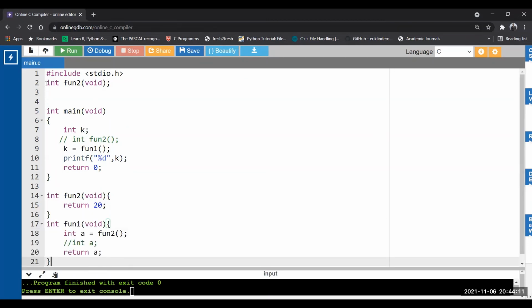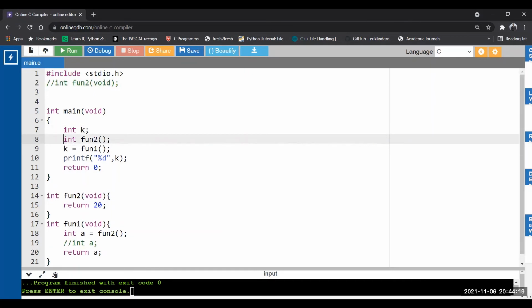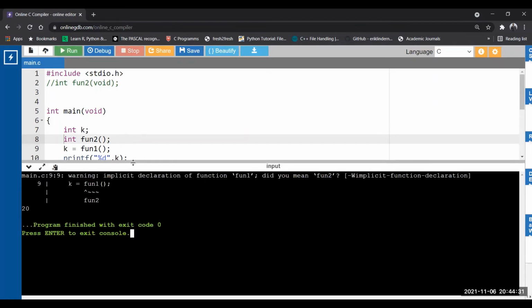Okay, and put this comment and make it uncomment. Now fun2 declared inside main, fun2 defined before fun1, fun2 called from fun1. Let's see now. Same. Why? Because it is expecting that it should be declared before.